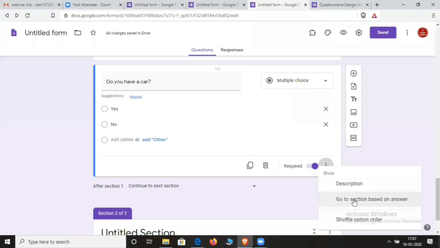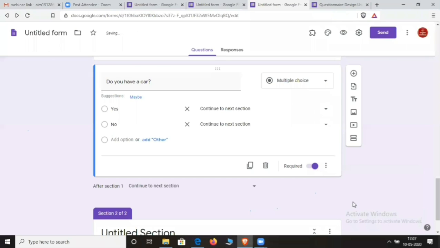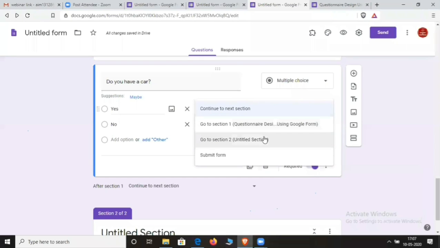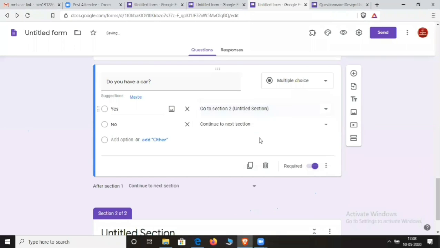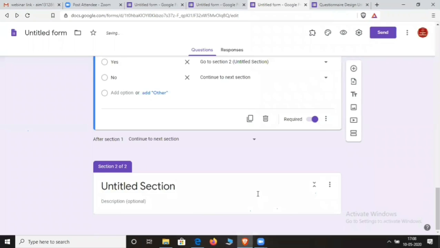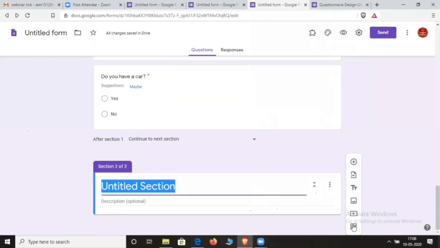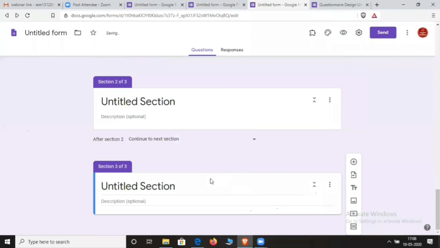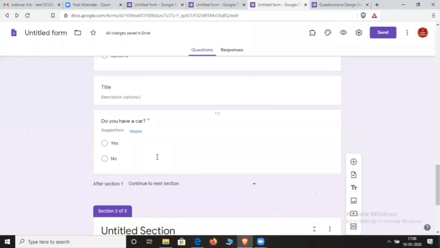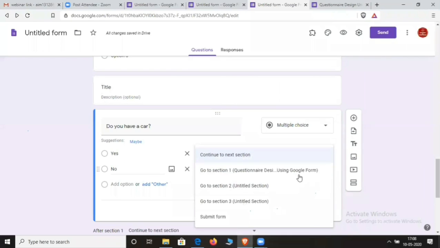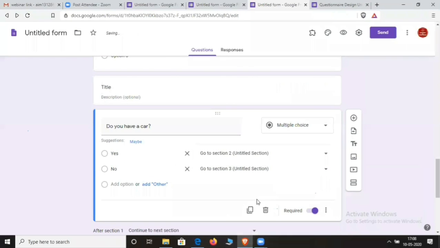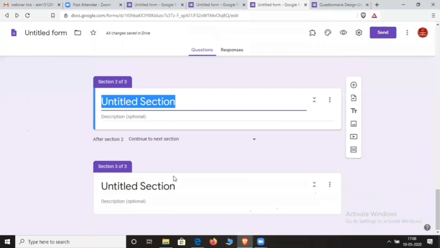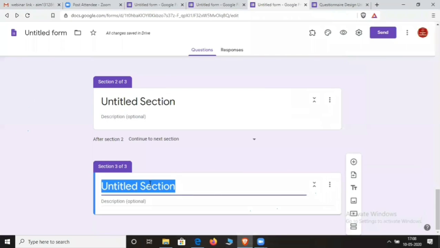We'll select go to section based on answer, and here we'll add if yes, then go to section 2, and again after section 2 we'll add another section, and here we'll write if no, then go to section 3.